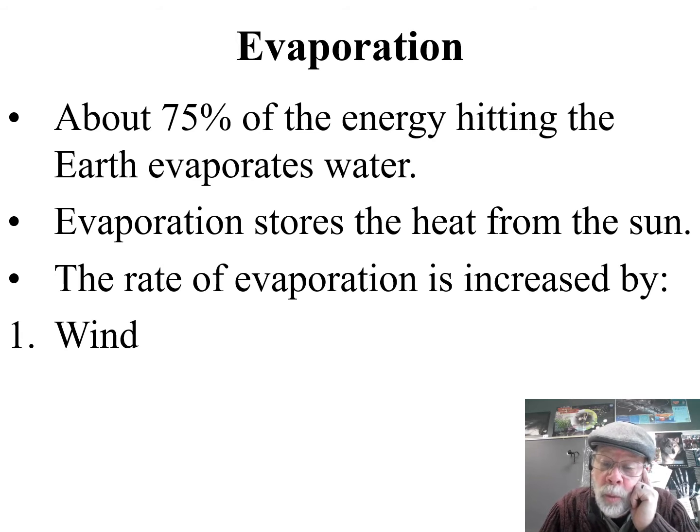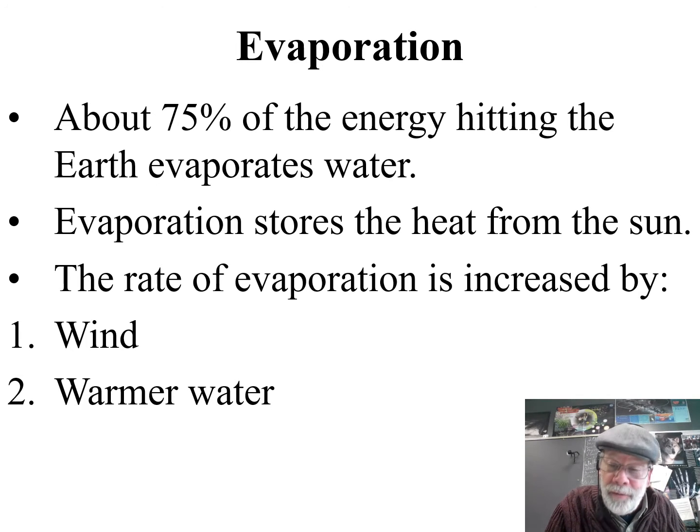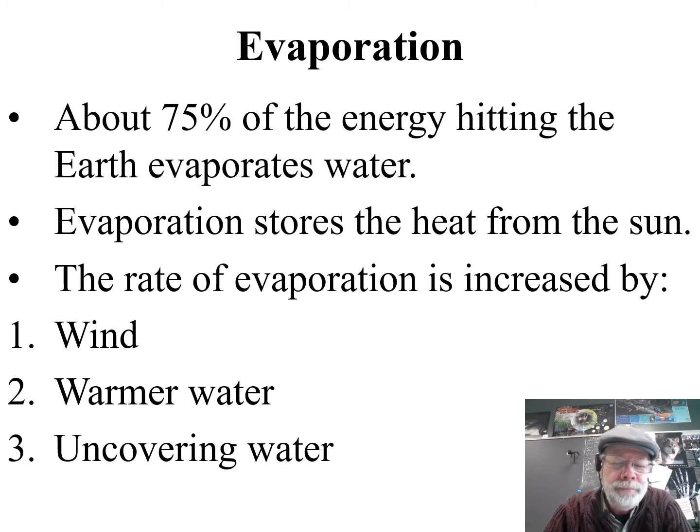Well, on a windy day or a calm day, which would evaporate a wet sheet hanging on a clothesline more? Obviously, a windy day. If it's warmer out, it'll certainly evaporate faster. If you have warm tropical seas, they're evaporating mad fast. If you have cold polar ocean, that's not evaporating nearly as quickly. Well, if you can expose more water, that's going to evaporate faster, isn't it? So all of that will evaporate the water quickly.